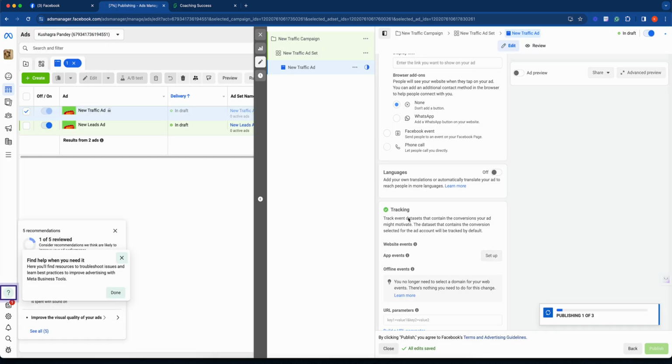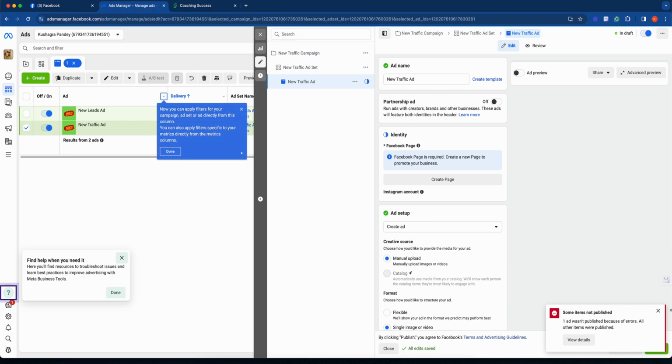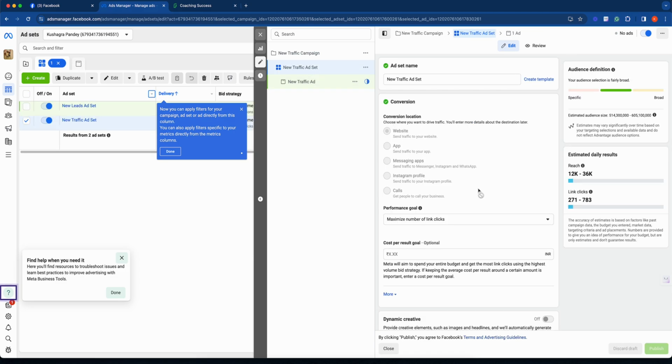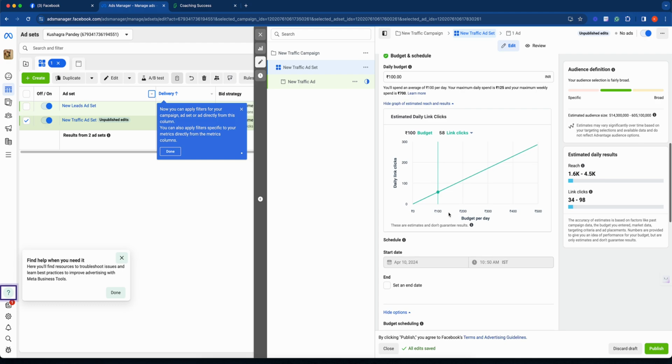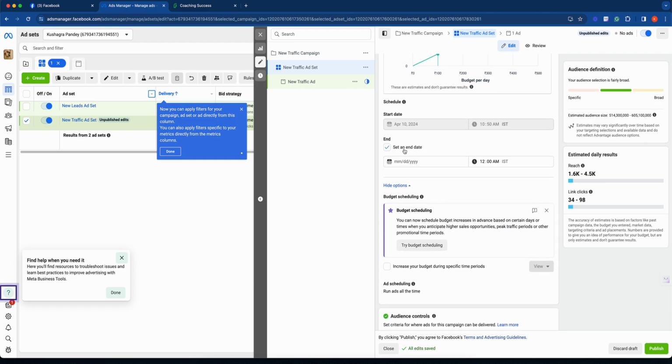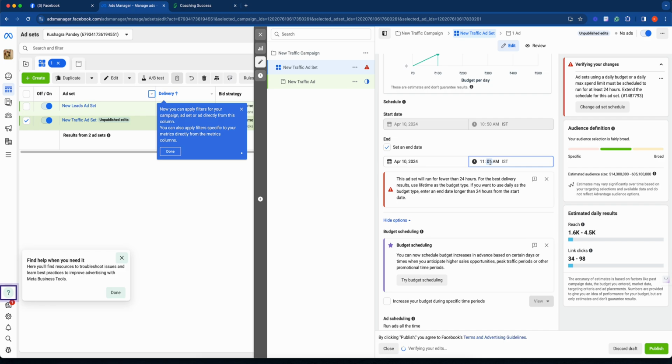Okay, so I think we'll be able to run the ads now. I believe the error over here is that the budget that we have added is more than the amount that we have added, but I guess that is fine. That is not the goal over here. I will just set it to 10th April, 11:59 probably PM.